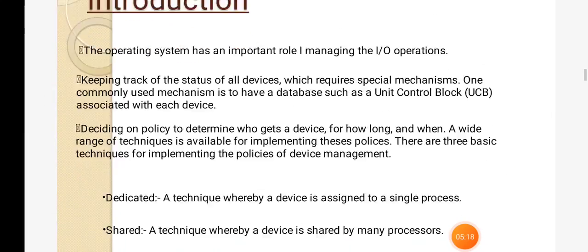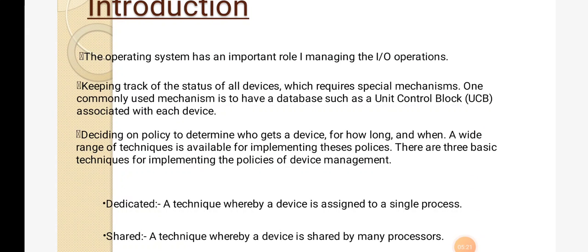Each process has its own PCB, which contains sufficient information about one process. Likewise, in device management, each device is treated as a single unit, so there is a unit control block.